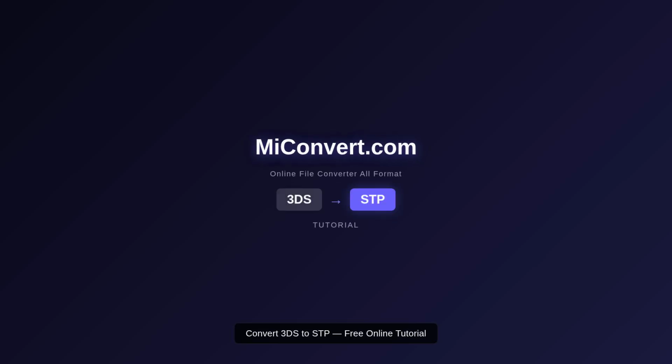Welcome to MiConvert. In this tutorial, I will show you how to convert 3ds files to STP format, completely free